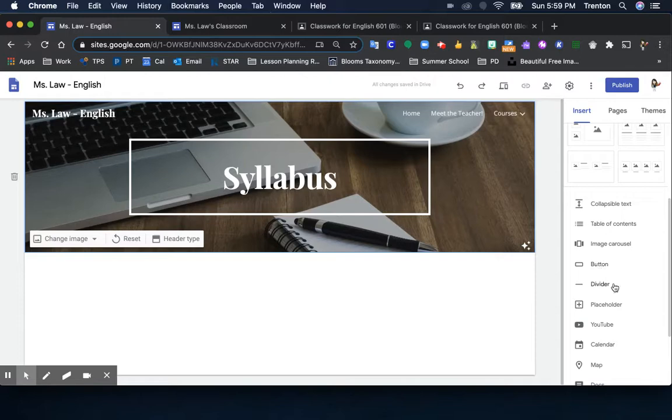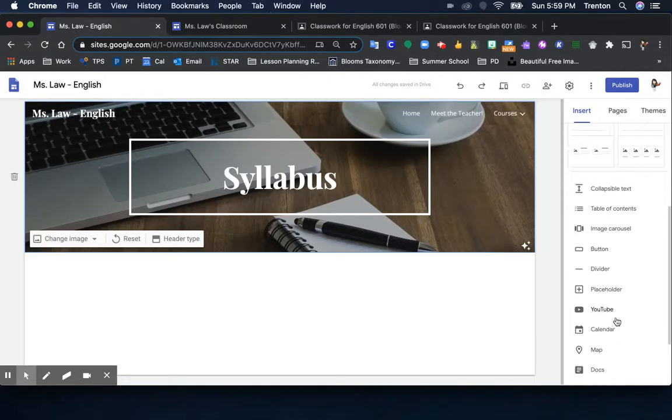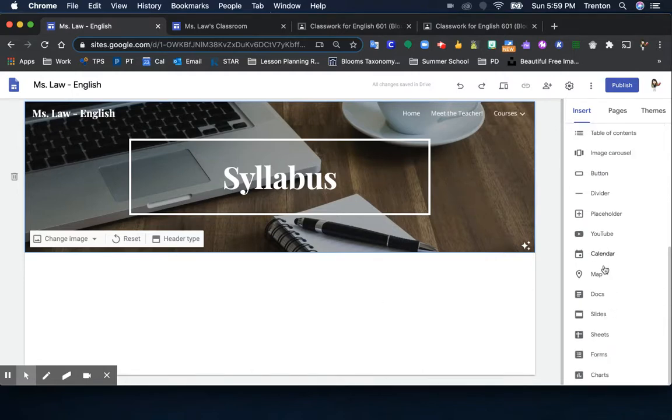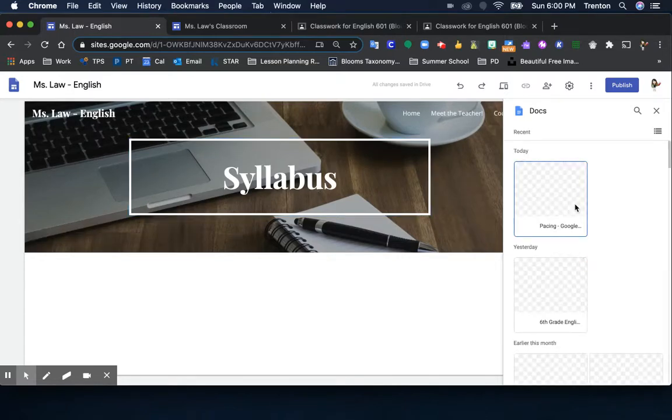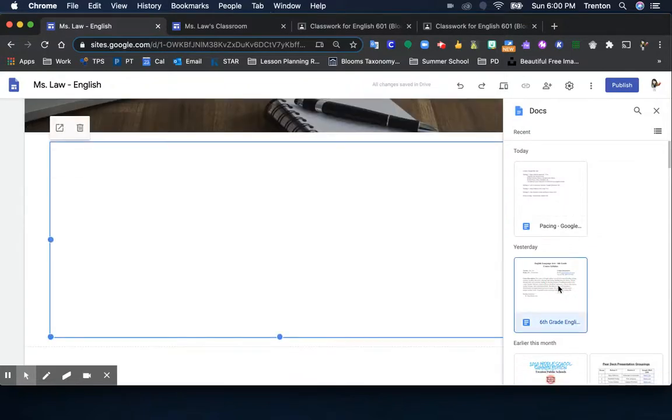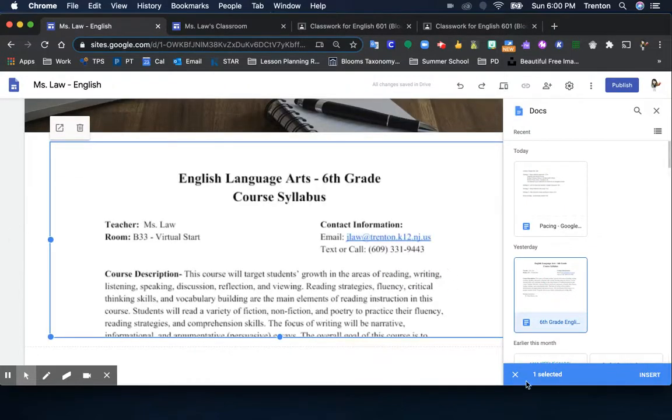Buttons, I showed you the buttons as well. The divider, you can add a YouTube video, just like I did for my summer project, right into your site onto a page. Calendar, and then of course you can add any of Google's documents, slides, sheets, whatever it is you have that you want to include. So I want to put the syllabus right onto this page. Now, I don't have it finished because I have been focused on other things, but